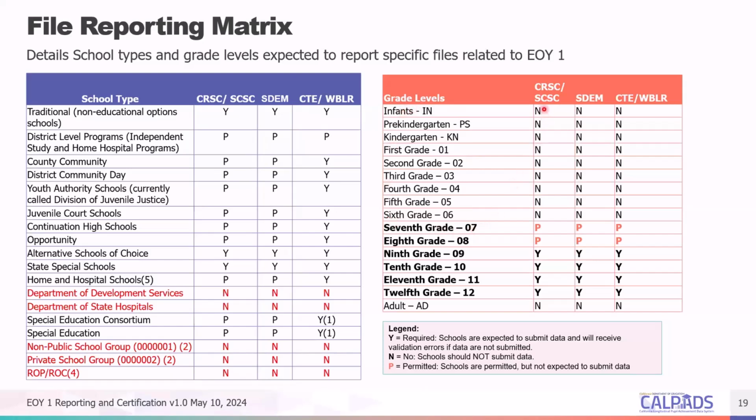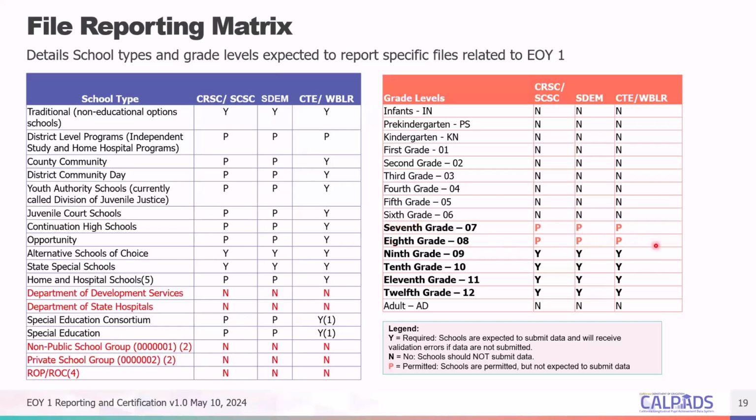So the course section files are only for departmentalized courses, and the CTE and work-based learning are primarily secondary education considerations or high school considerations. For infant through sixth grade, none of the end of year one file types are required or expected. For grade levels 7 and 8, the end of year one file types are permitted. So schools can but are not required to submit your end of year one file types for grade level 7